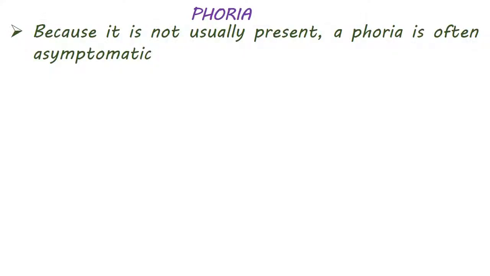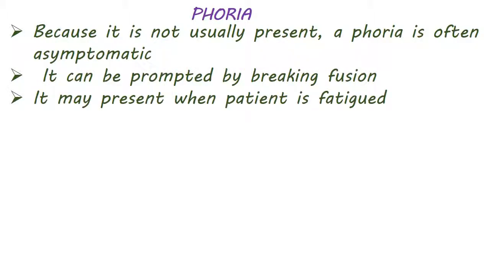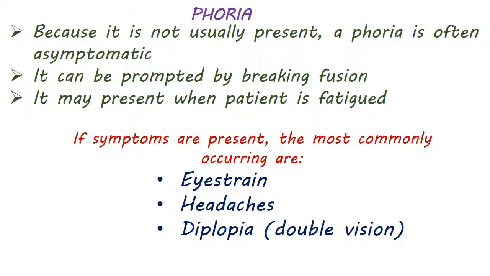I want to end this video with just a few last facts about phorias and tropias. Phorias are often asymptomatic. A patient might not even know they have a phoria. You'll have to, again, break fusion during testing in order to see it. Or if they have any symptoms, what might happen is, for instance, they are tired, it's at night, they worked all day on the computer, came home, helped the kids with their homework, 10 o'clock at night, they're sitting down in front of the TV with a bowl of popcorn, and they look down at the popcorn, look up at the TV, and oh, there's double vision there for a second. Or it might be headaches, eye strain,